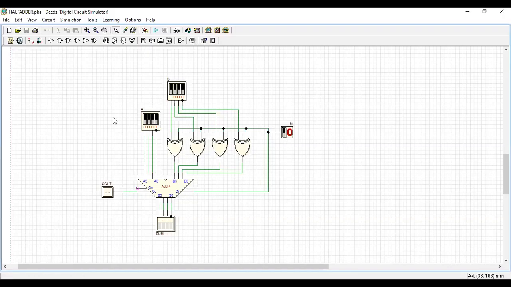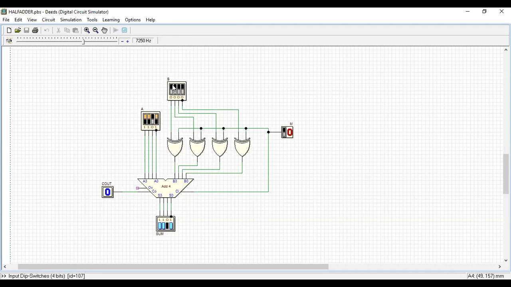Yes, this is my thing. I'll do the simulation. So what I gave is 1, 1, 0, 1 in my A, and in B also 1, 1, 0, 1. This is what I gave. But the control should be what? Control should be 1. So to subtract, the control should be 1. So some outputs are 0 and my carry became 1. Yes. What I did manually, the same thing I got using the software.